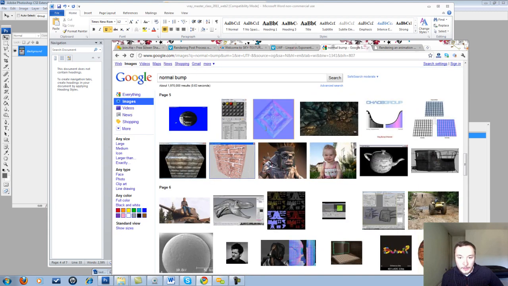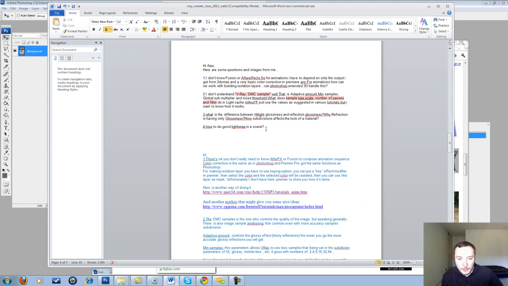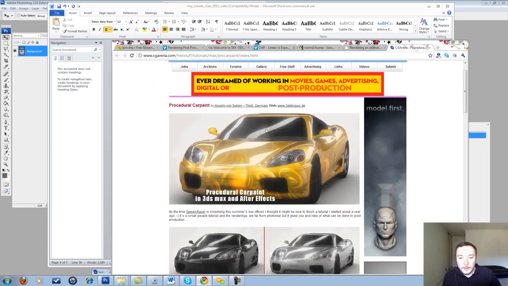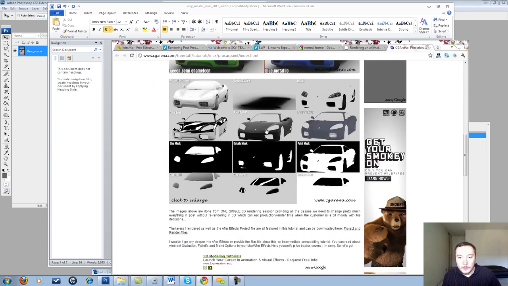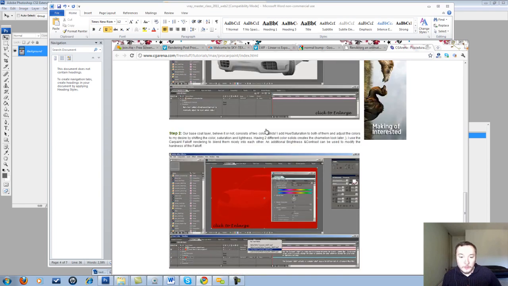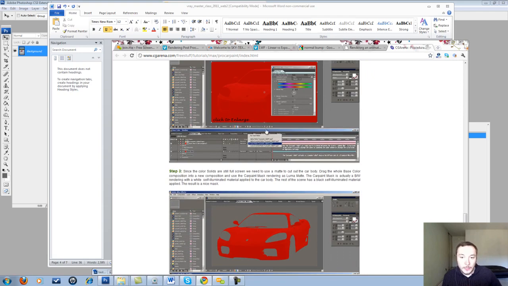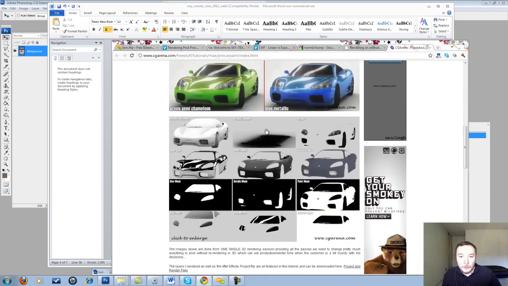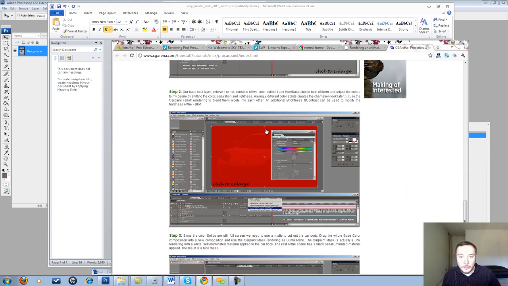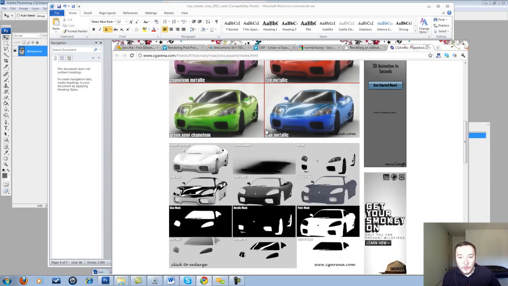This is another way to go, and there is another third way to go. There's another nice tutorial in CG Arena. It also shows you how you can isolate stuff. Only this one shows it with Premiere, with After Effects. But if you read it, it's not that complicated. It shows you how you can make one car, and you can change colors for this car only by changing a color channel right here. So go ahead, see this tutorial,